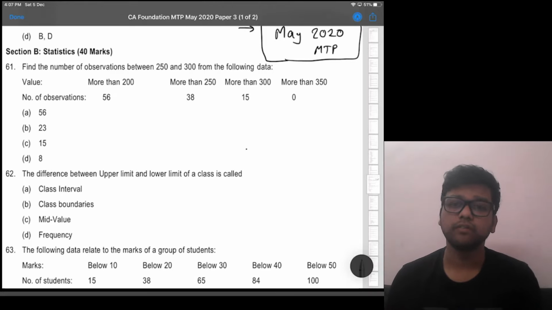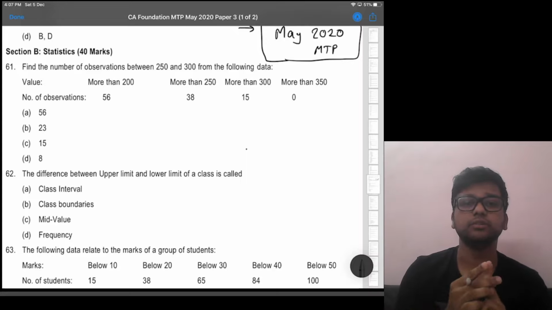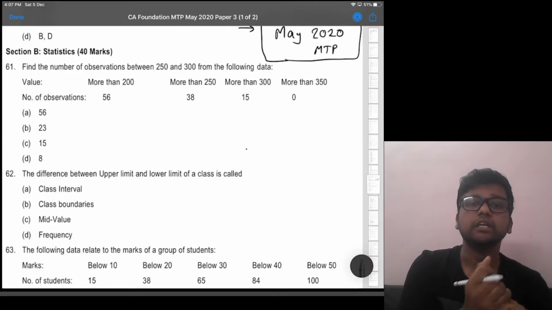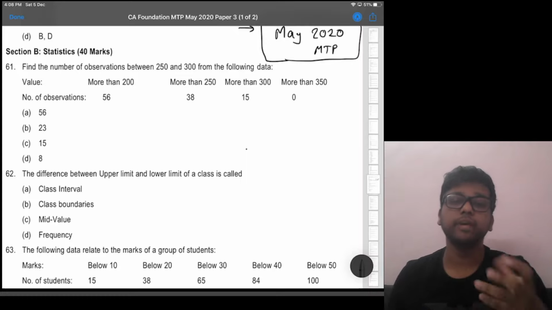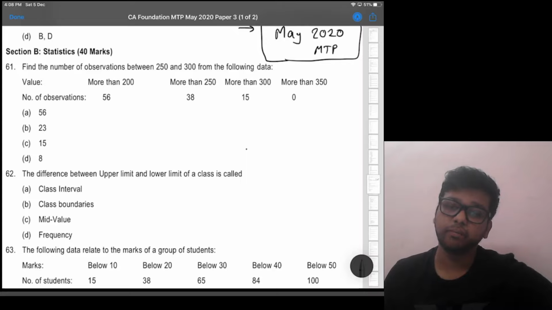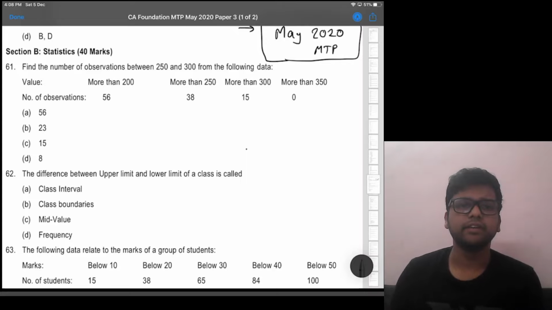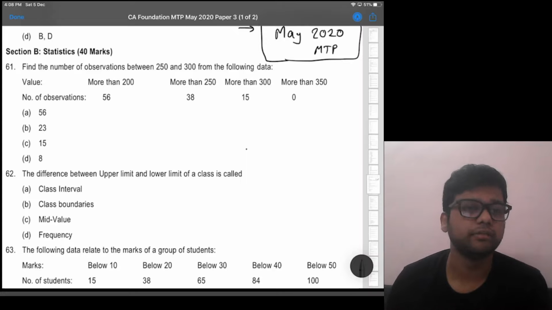See, in statistics, you should always focus on solving the questions fast because there are a lot of theory questions, a lot of questions where you don't have to calculate much. So those questions, if you save time in those questions, then you can use that time in big questions like SD or median mode or maybe APGP or permutations combinations type of questions and so on. So theory questions or short questions like this, try to solve them fast.